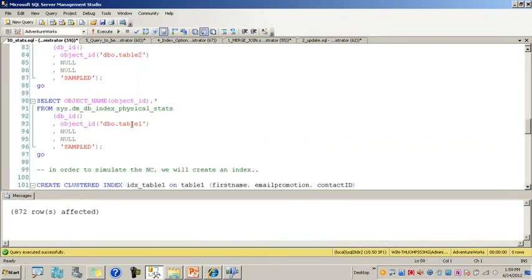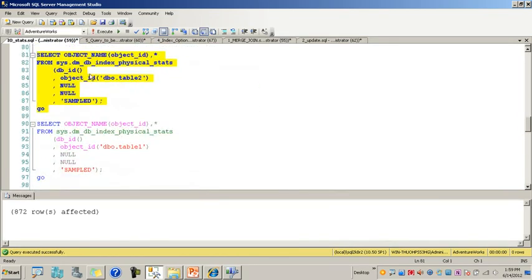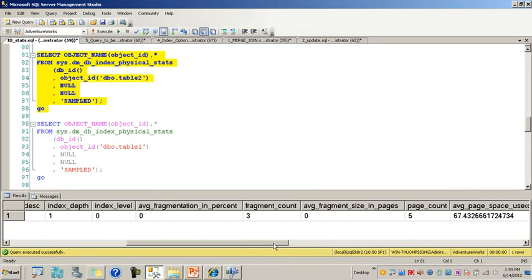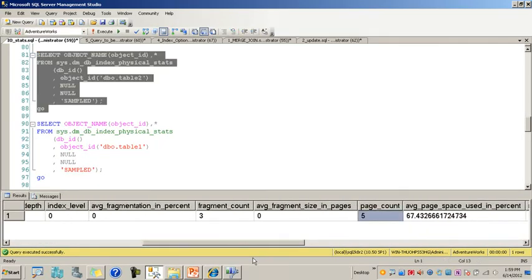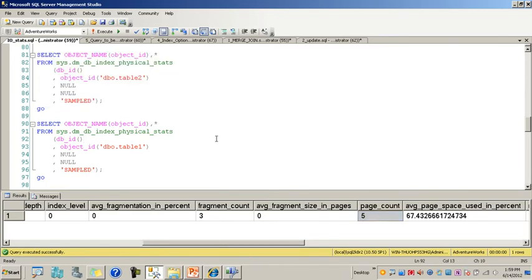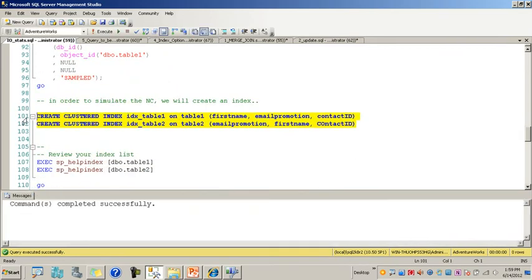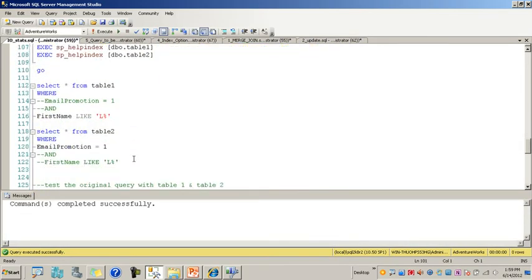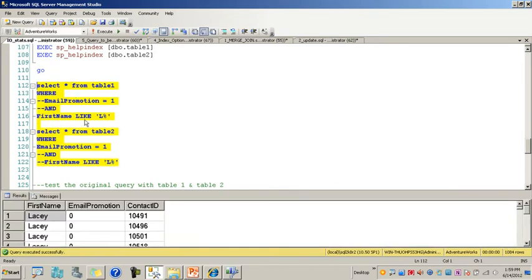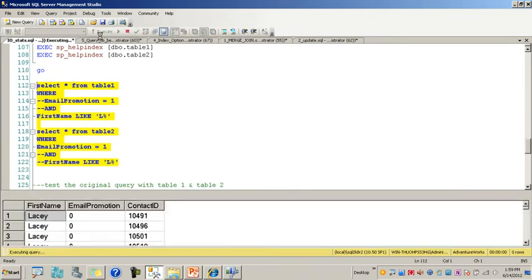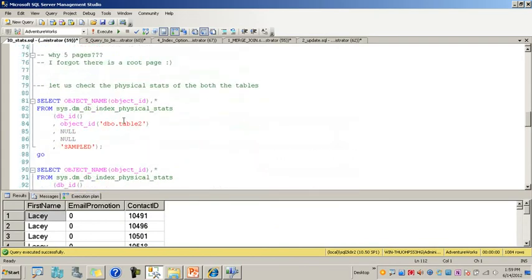And to simulate, if you run an index stats on both the tables, you will observe that there are 5 pages for both of them, right? But we got 6 pages read because that's a non-clustered index, which means it's a B-tree structure. Right now table 1 and table 2 are heaps. So in order to really simulate composite 4 and composite 5, I will go and create 2 clustered indexes on these 2 tables,